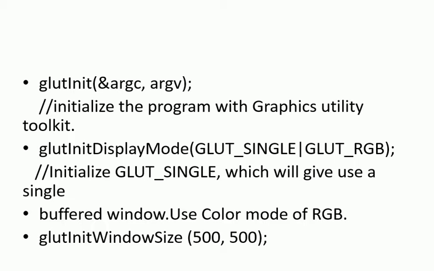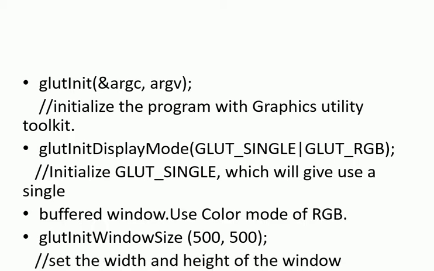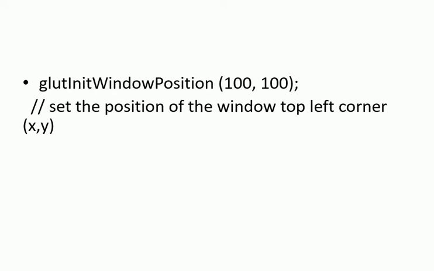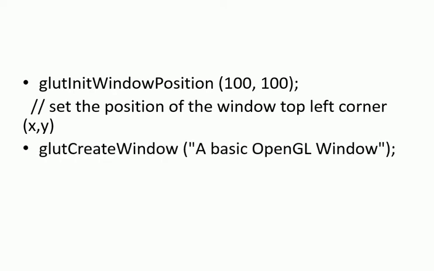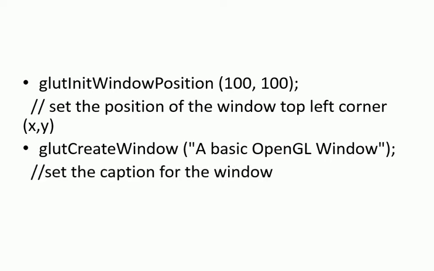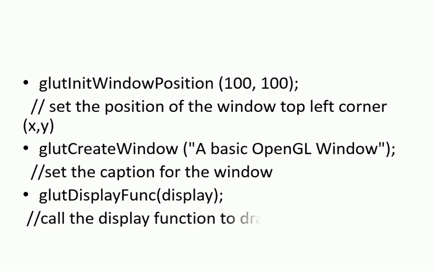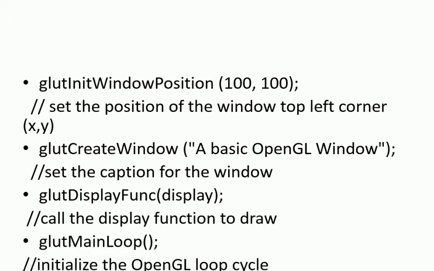glutInitWindowSize sets the width and the height of the window. glutInitWindowPosition will set the position of the window's top left corner. glutCreateWindow creates a basic OpenGL window and sets the caption for the window. glutDisplayFunc is to display the content that is to be displayed on the screen by calling the display function. glutMainLoop initializes the GL loop